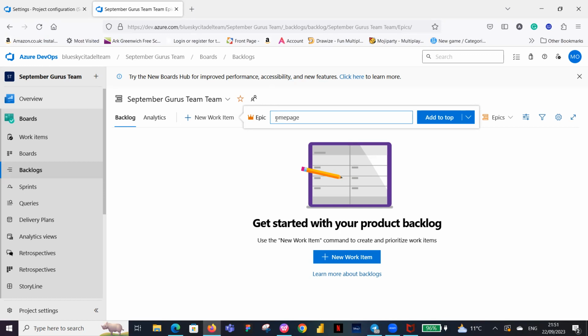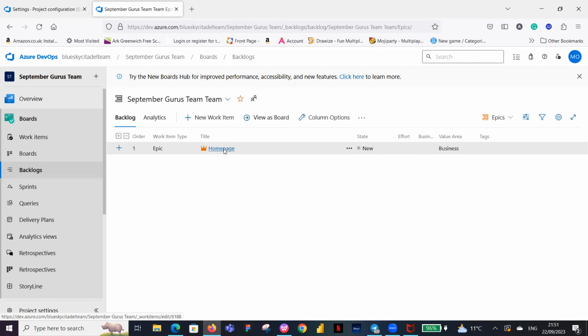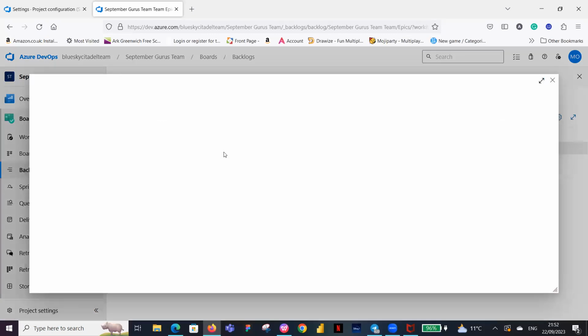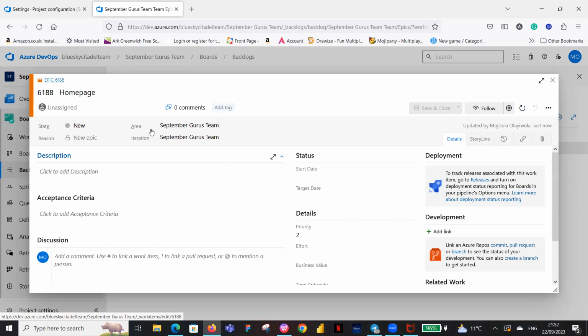We want to look at our home page, and then I add it to the top. Okay, that's the epic created. If we've not done that default, I'll show you now. If we've not done that default to the iteration that we did, in this place where you have iteration, it will be showing you sprint 1. But because of the default setting we've done, you can see it's taking it to the backlog, which was what we